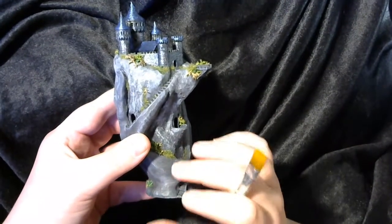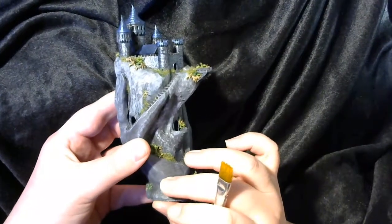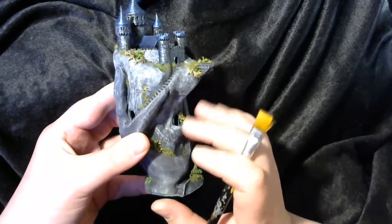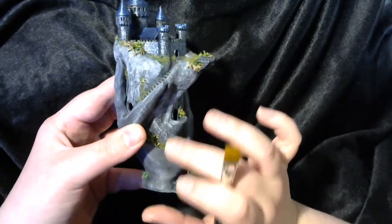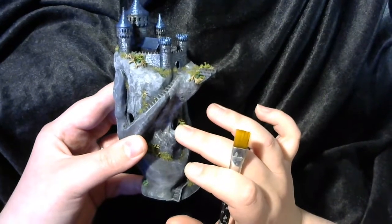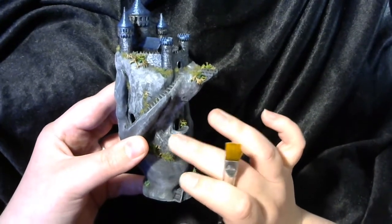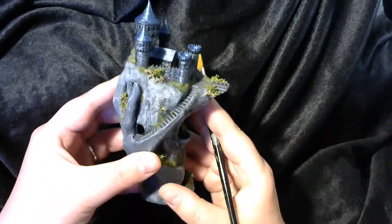Then once all that was dry, I went and I added my shadows. Oh no, sorry, I didn't add my shadows. First I added texture to this mountain to distinguish it from the hand. I wanted to keep the hand very smooth. I wanted the mountain to be rough. I wanted this stone to look quite rough. So in order to achieve that look,